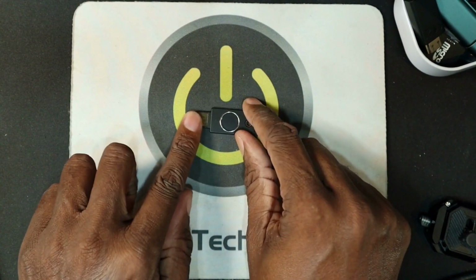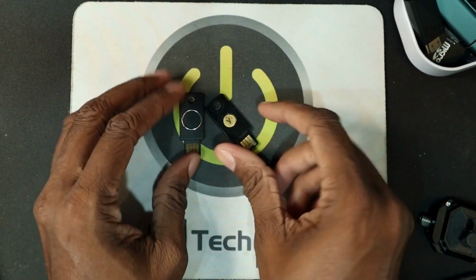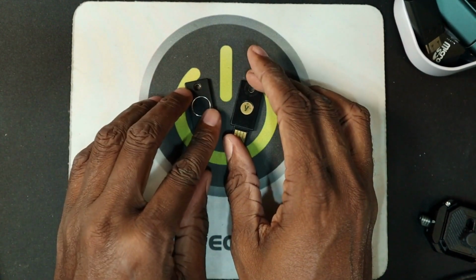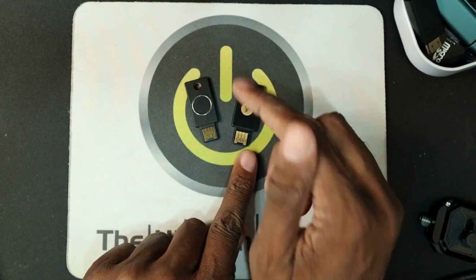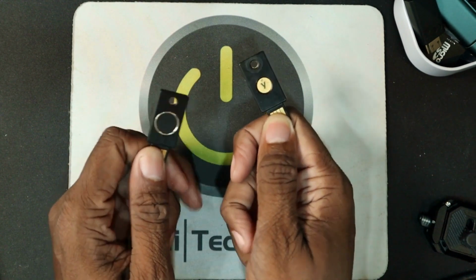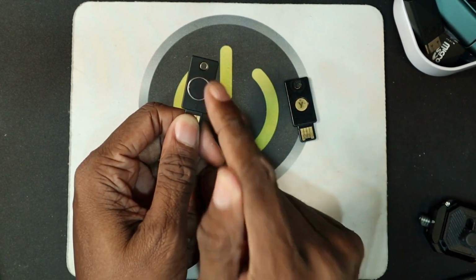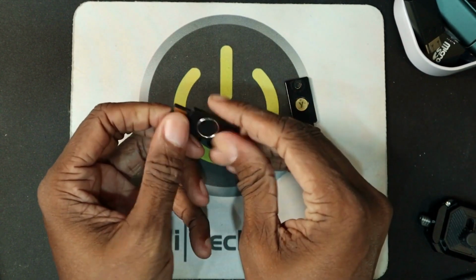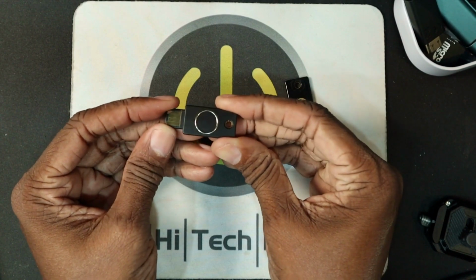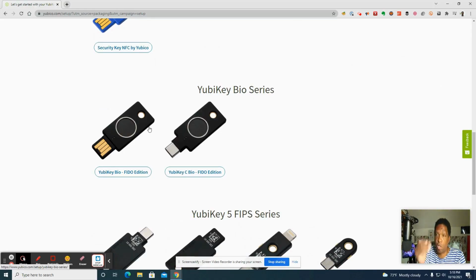Here is the YubiKey Bio. This is the same size as the previous YubiKey. I'm going to be showing you a little later on ways of carrying this on your person all the time. It is waterproof. This needs to have a human touch it. Somebody needs to touch it. The bio means you have to touch it. Only the person whose fingerprint has been registered and it's inside of here, only that person can then activate this key. We have the A version and the C version.